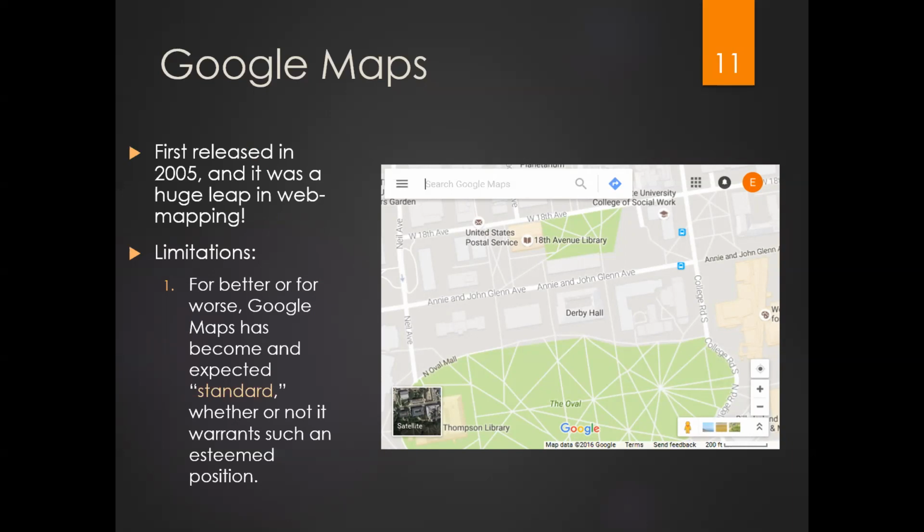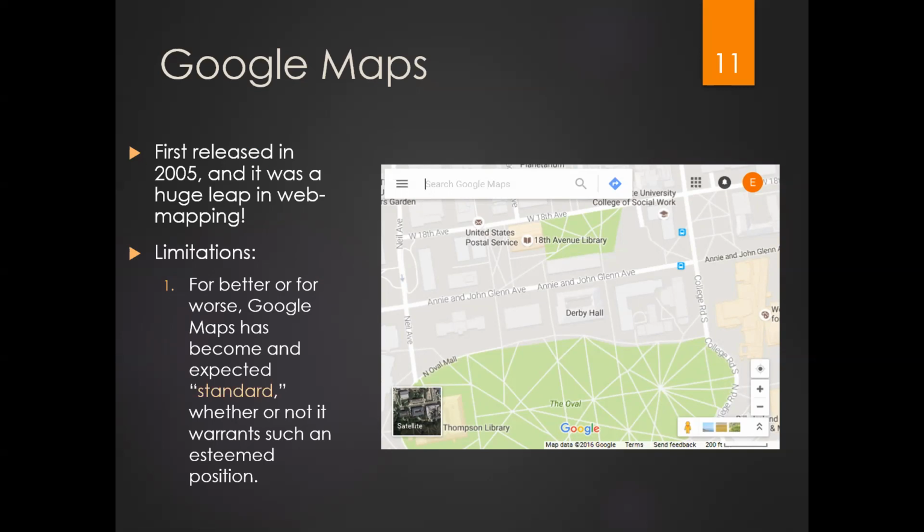But in this course, in the next several slides, I would like to talk a little bit about the limitations of Google Maps. Please be careful, I think Google Maps is a good application. But here, I just want to give some critical comments on Google Maps, okay? So we need to understand both sides of anything, right? The good side and the not that good side. Okay, so limitations of Google Maps.